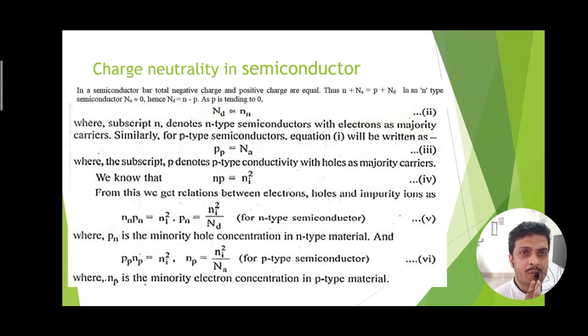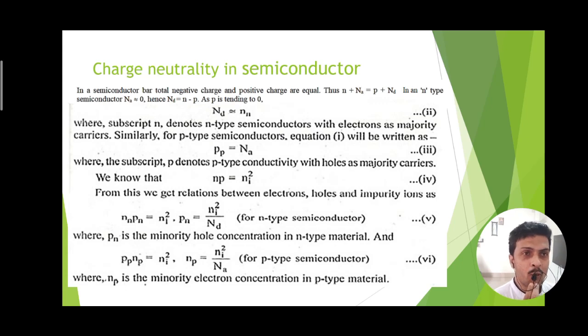But whatever the type of semiconductor, if we look into its total amount of negative charge and total amount of positive charge, both are equal. So that is why here a sample N-type semiconductor bar is taken. At the top it is written small n plus capital N suffix a. This means the electron concentration is small n and the capital N suffix a stands for the acceptor concentration. Both are negative. Acceptors are the bulky negative ions and electrons are, we know, negatively charged particles.